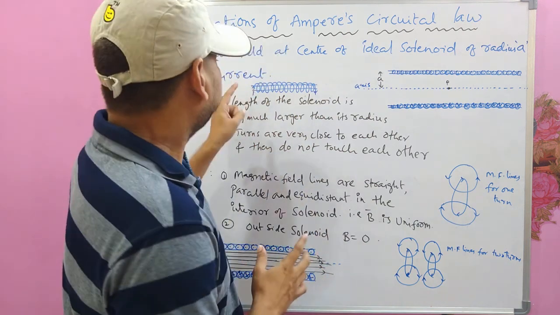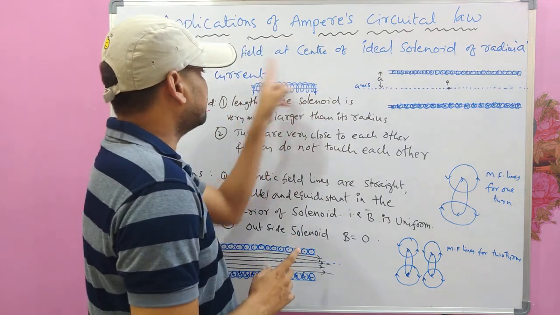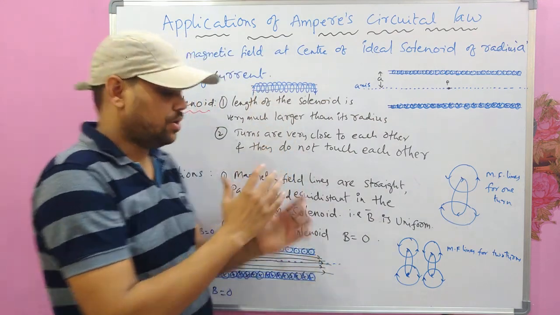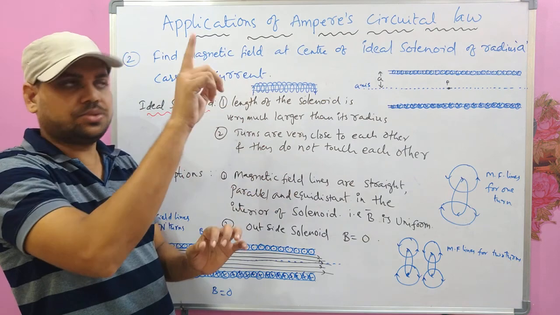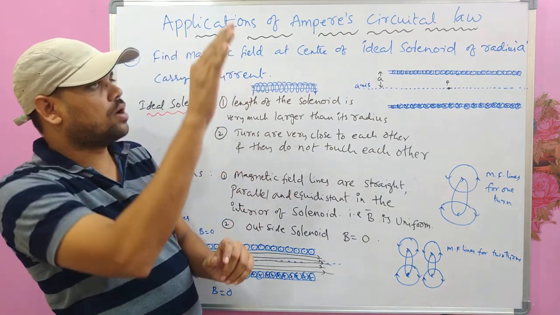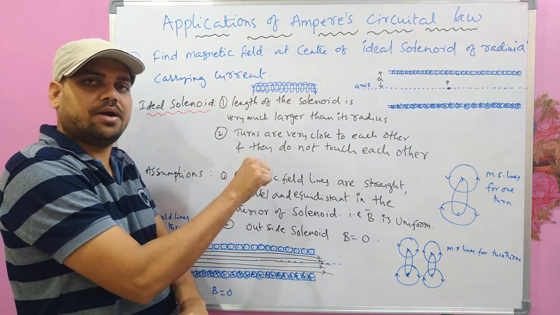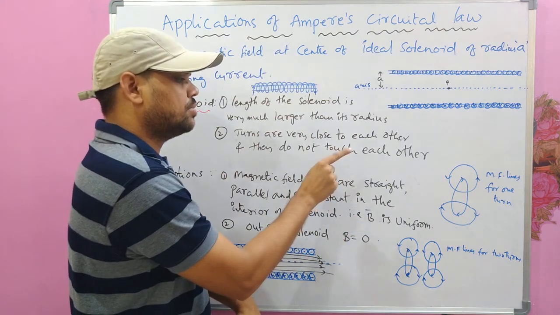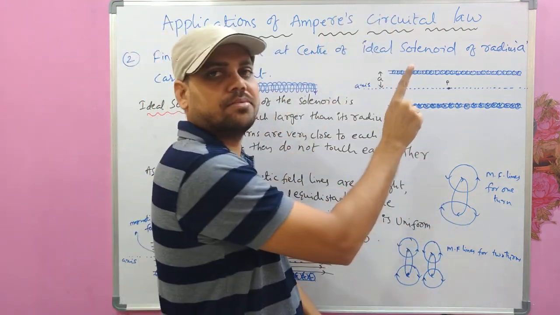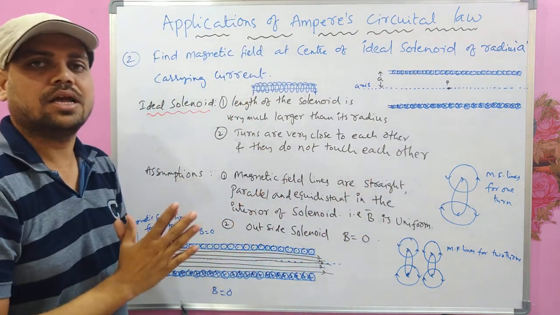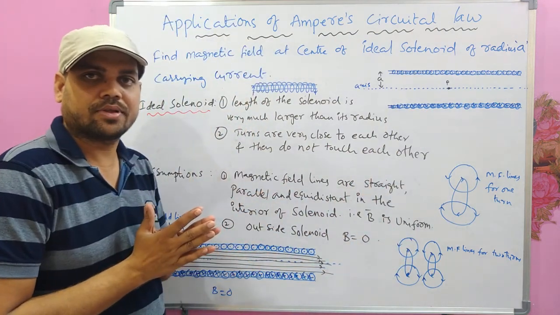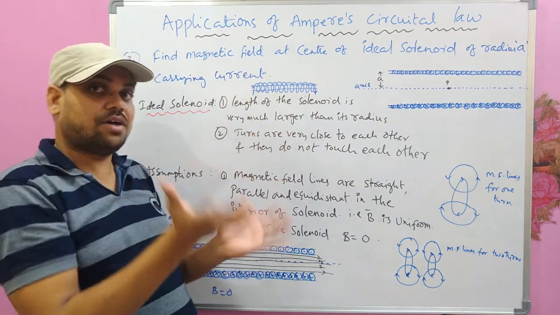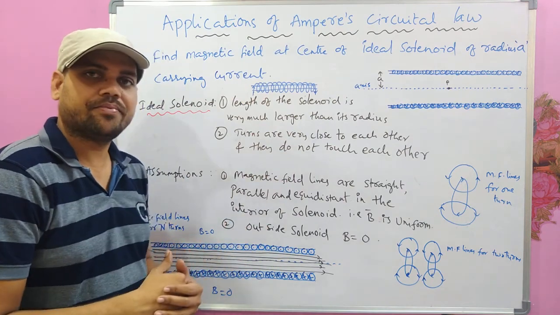Okay, so if current I is flowing through each turn of this solenoid, as I have shown here, and I look from this side, the current seems to come from outside at the top and go inside at the bottom, outside from top and inside from bottom. This is how the current direction looks if I see from this side, which means it is coming out and going in, coming out, going in. So it's a clockwise direction for me from this position.